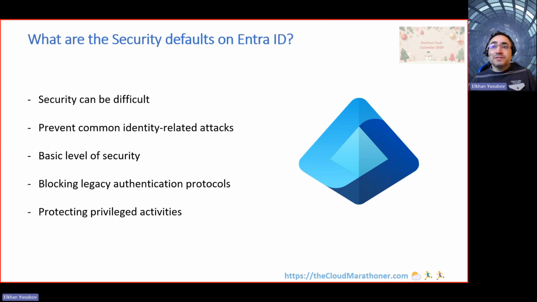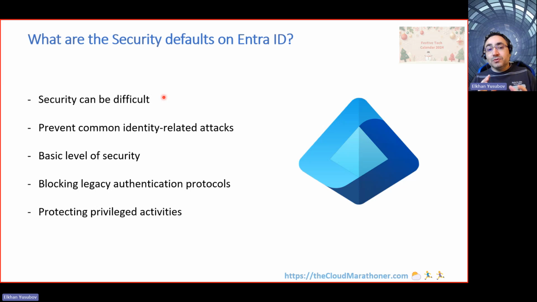And when we say security can be difficult, yes, security is not easy. Otherwise, we wouldn't have that much news about security breaches all around the systems, and it wouldn't be an issue. However, the reason is simple. Security can be difficult, and getting your security in place based on recommended defaults, at least